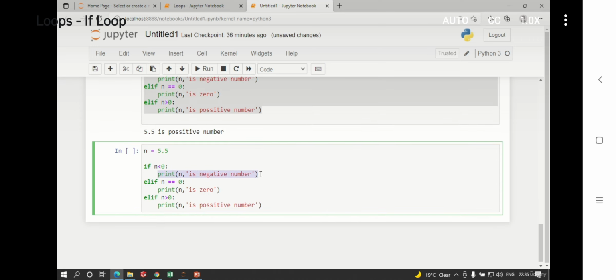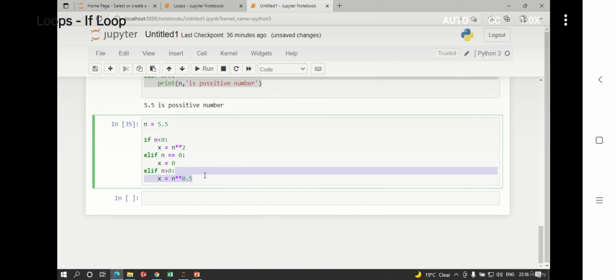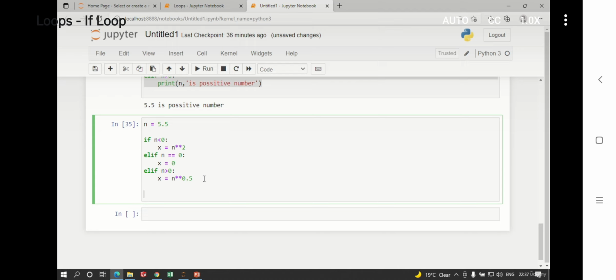So let's say if n is equal to 0, and here I will create one more variable, x is equal to n square. Let's assume that if n is equal to 0, x will be equal to 0, and if n is greater than 0, my variable x will be equal to the square root of n. Now what output are we getting? Let's print x.